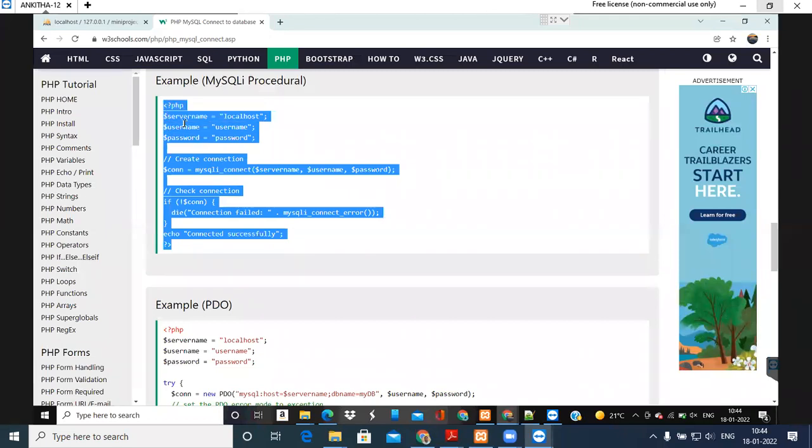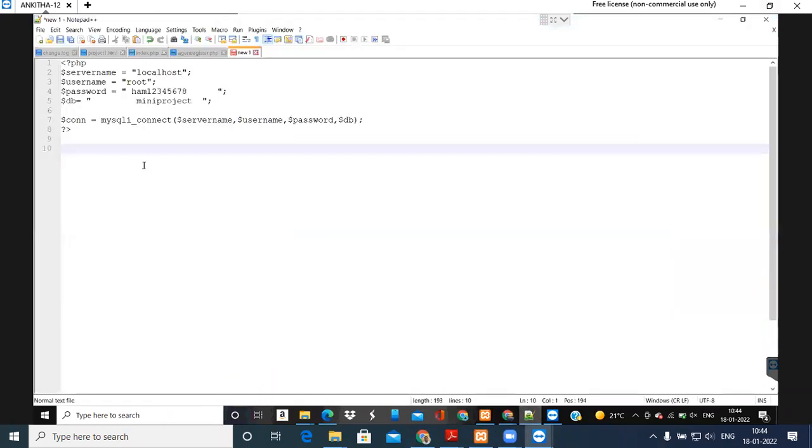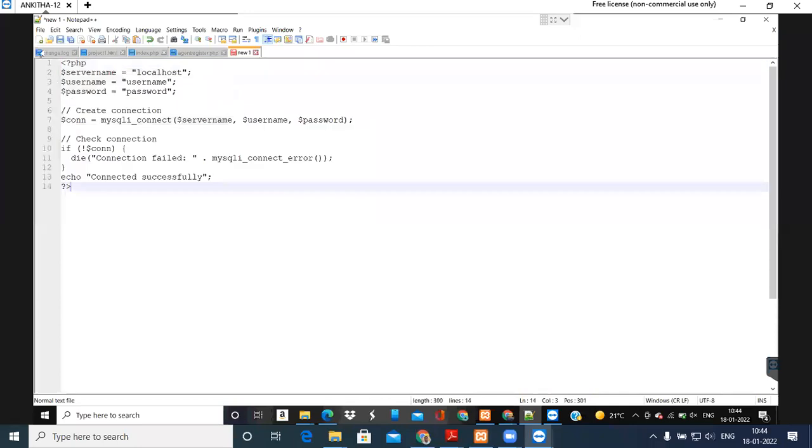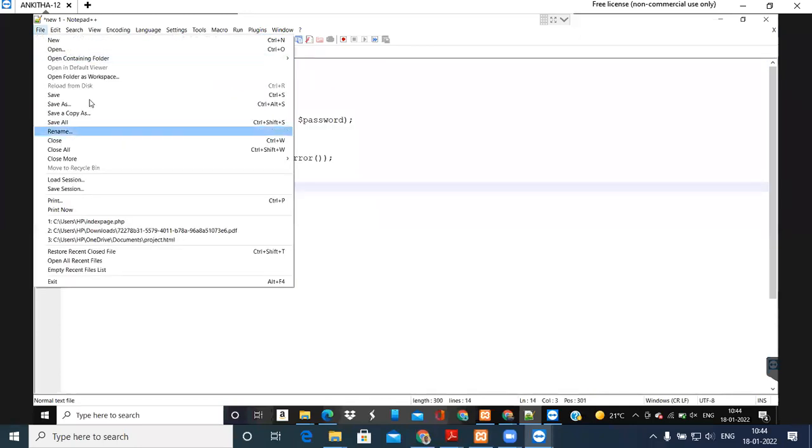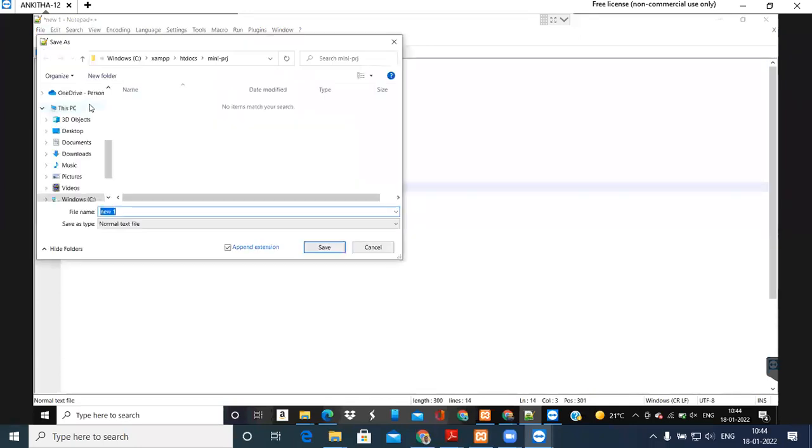Copy this connection code and paste it here, in dbconfig. In what name do you save this file? What name did I tell you to save? db config dot php. In this name you save.